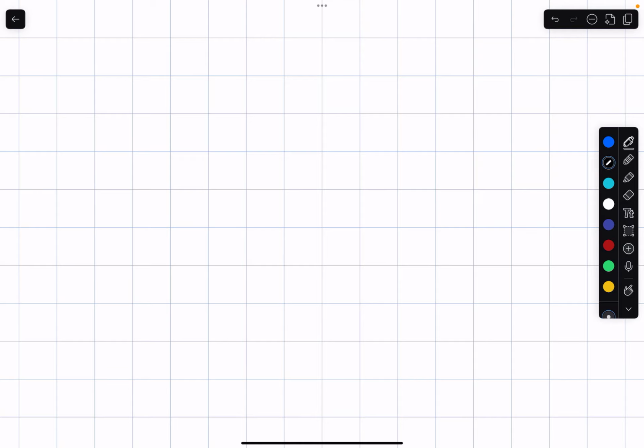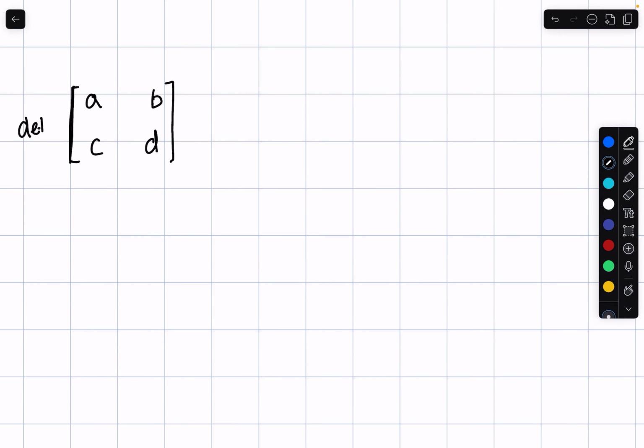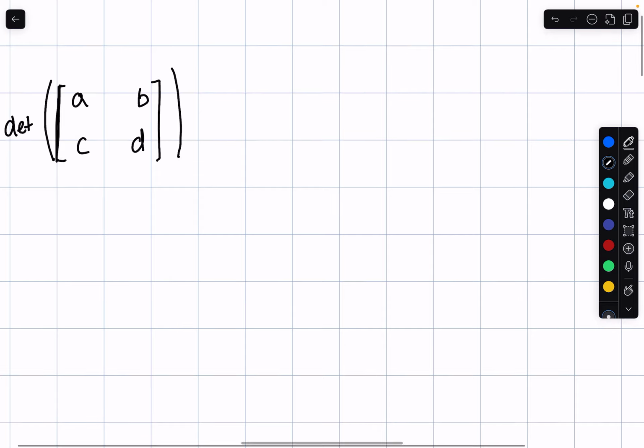All right, today we're going to be talking about finding the determinant using cofactor expansion. Before we talk about cofactor expansion, we need to talk about a really simple example, which is finding the determinant of a 2 by 2 matrix. So if we want to know the determinant of this matrix here, because it's 2 by 2, it's super quick